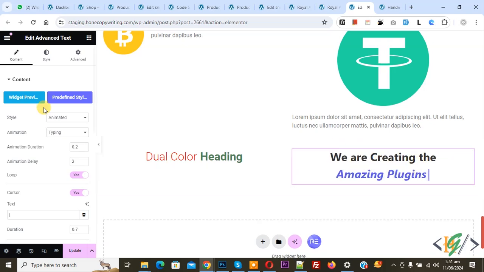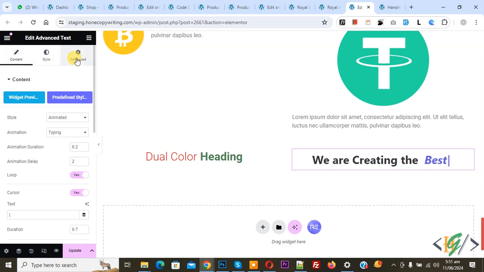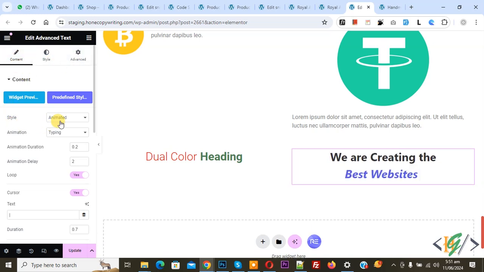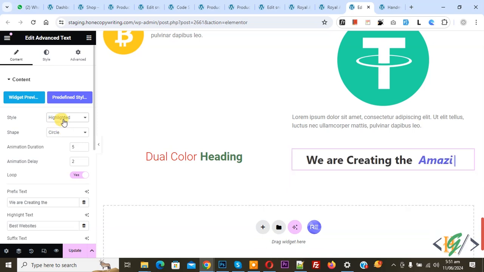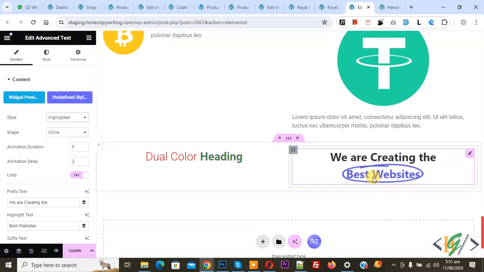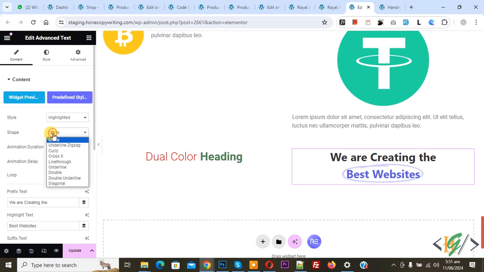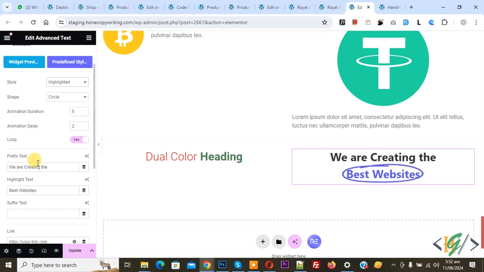On left side you see content style advanced. In content you see style animated, highlighted. So you can select according to your requirement. So this is highlighted design and then you see shape, circle, underline. So you can select according to your requirement and then you see animation duration, animation delay, loop, enable, and then